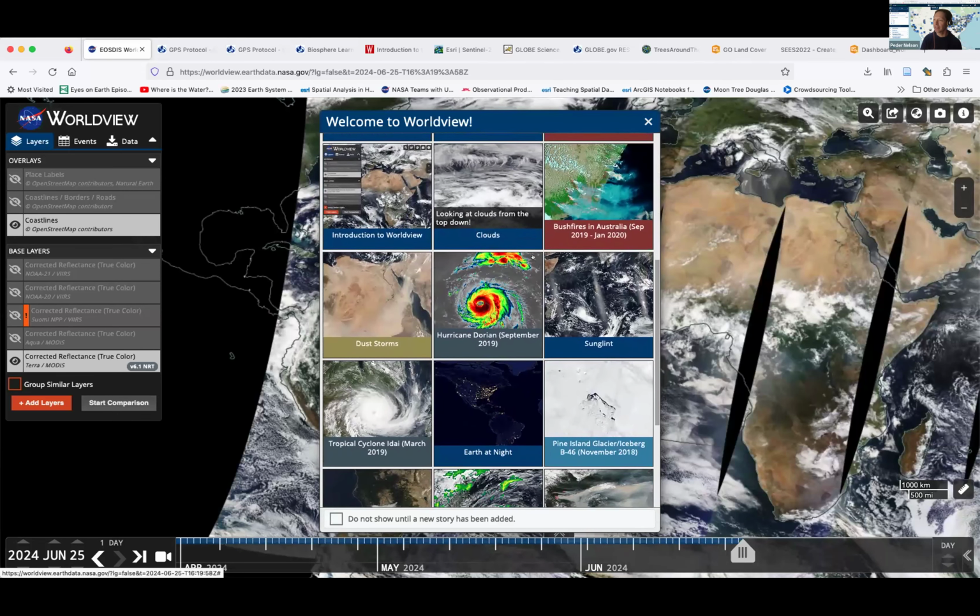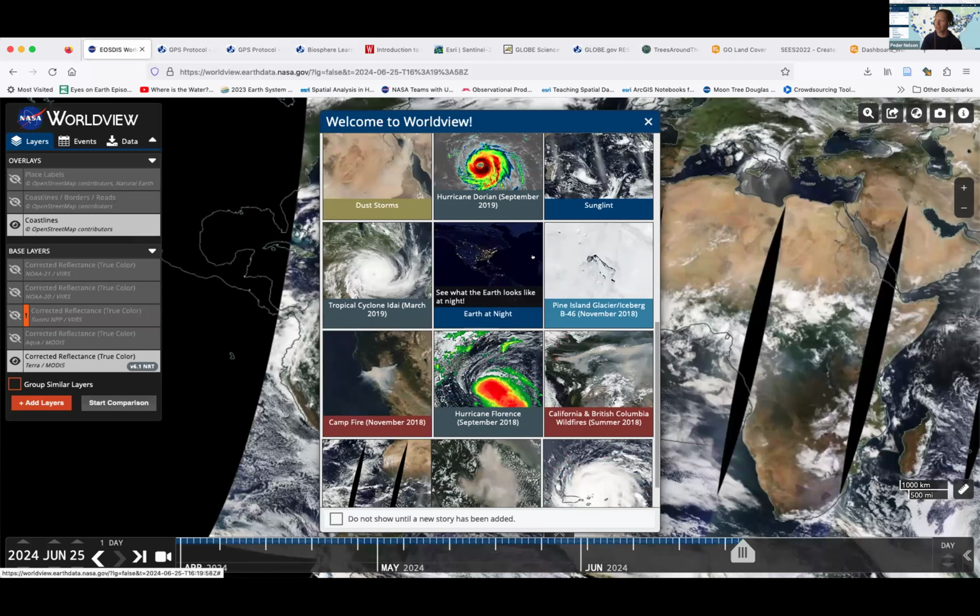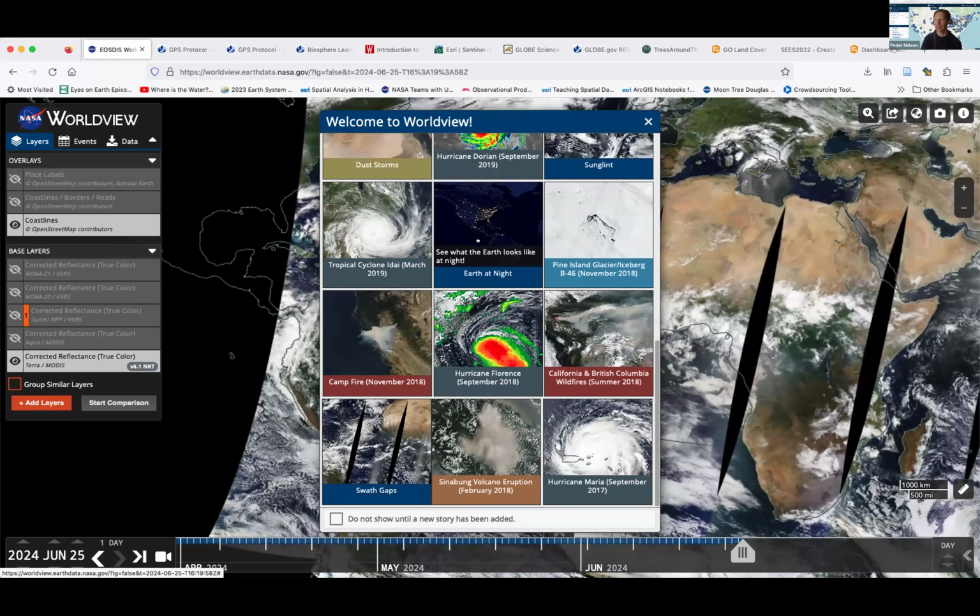And one of the things that, again, as you go down, you can really start to see even how something like Earth at night, how bright our lights are, can tell us something about who's living there. And one of the things that you'll find is that there are certain places in the world where they actually illuminate their trees at night to help them grow and to help them flower and to put on fruit that then gets shipped around the world. And so, not only can you see Earth, lit up during the day like this, but you can also explore what your areas look like at night.